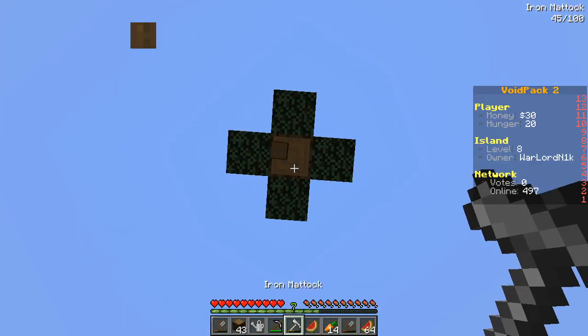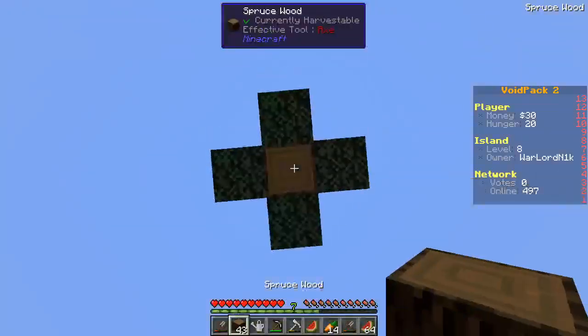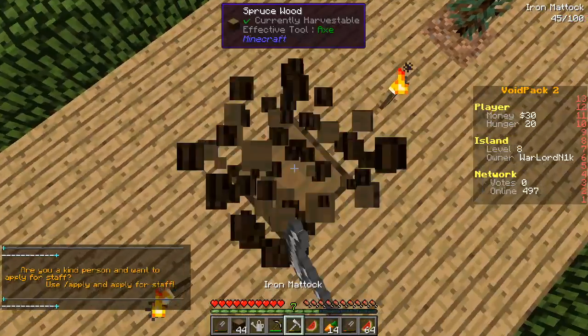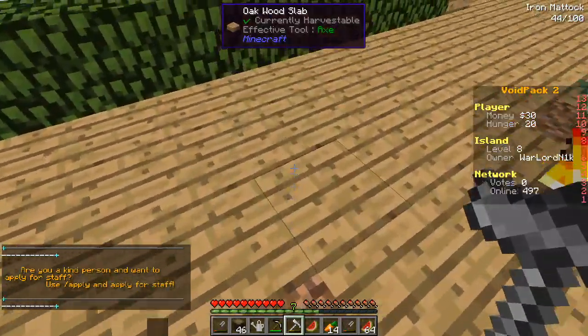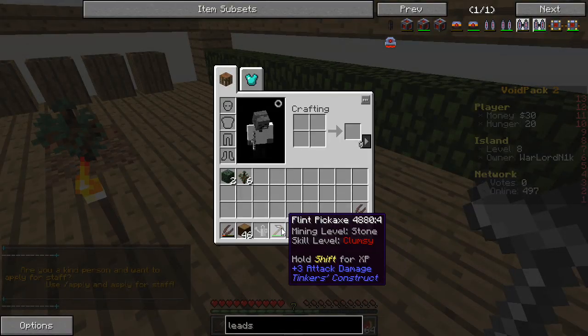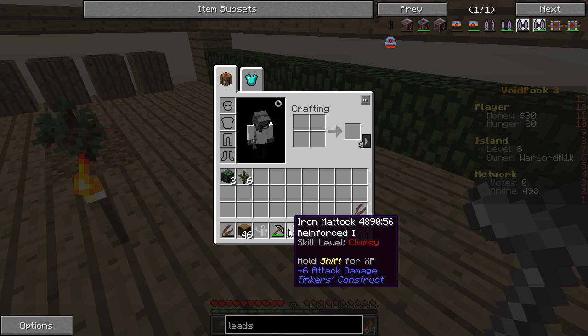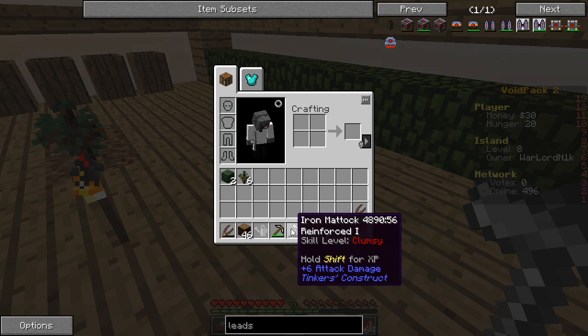Now, some of the tools I have, of course, one block too high. Some of the tools I've been using have been some pretty basic Tinker stuff. Flint pickaxe, just because I really don't need a pickaxe that much, but to break certain machines and stuff, yeah, I do need one. But I did make an iron mattock